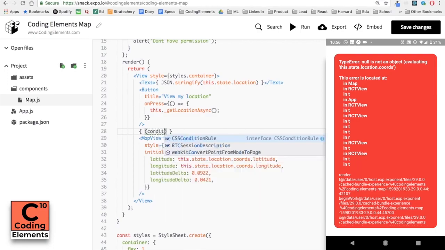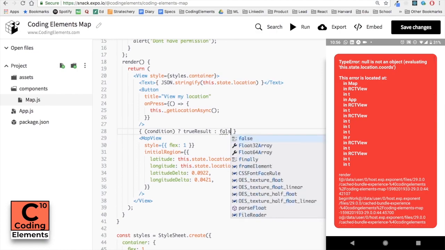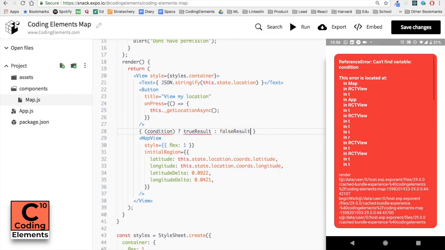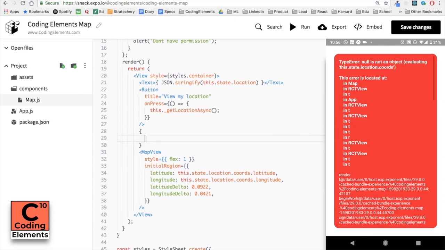So for this, we'll be using the ternary operator, inside which we provide a condition. After that, we use a question mark, and if that condition is true, then we'll say what value we have to use, and by putting a colon, we'll say that when the condition is false, then what value has to be used. So here our condition is whether in state the location is available or not.